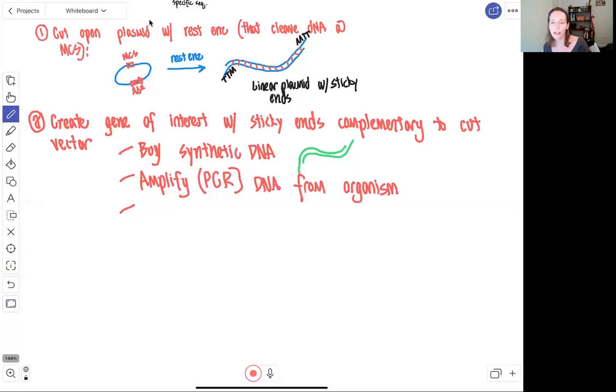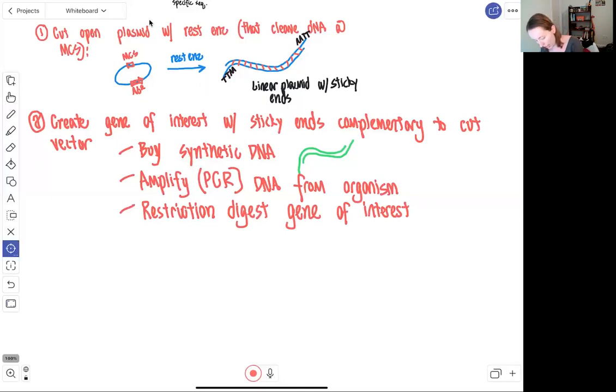But an old school way of doing this, in a way that's still done to some extent, is that if you're lucky and the gene of interest has restriction sites that are recognized by the same restriction enzymes that would recognize and cut to make our vector sticky ends, you can restriction digest the gene of interest out of the original organism so that you will have that fragment of DNA that has the particular sticky ends